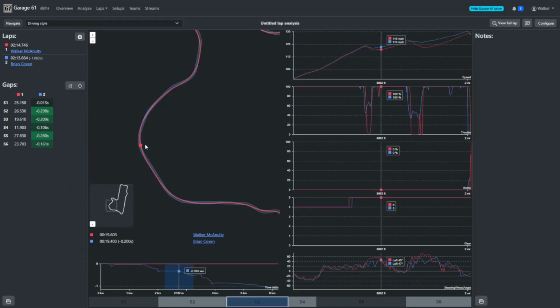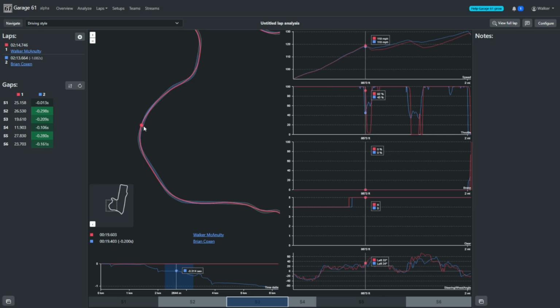I don't know if this is actually what the corner is called. That's what I call it, because it's easy for me to identify, because you aim for the grate. You hit that grate and then you turn in at that grate and you just have to pray that you make it. So you can see he's off throttle a lot less than I am,